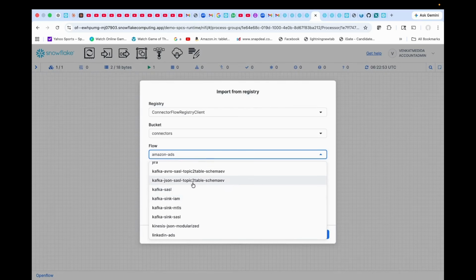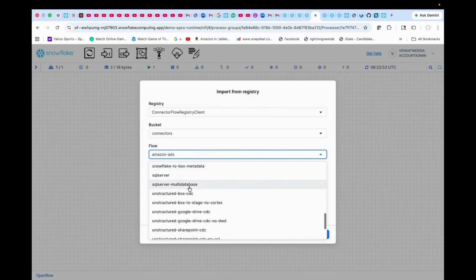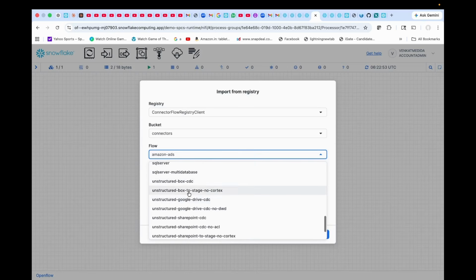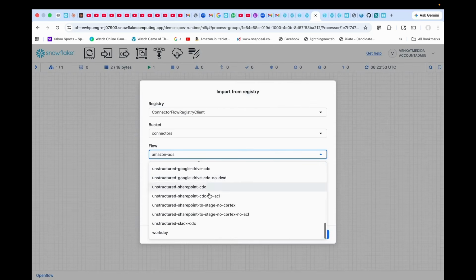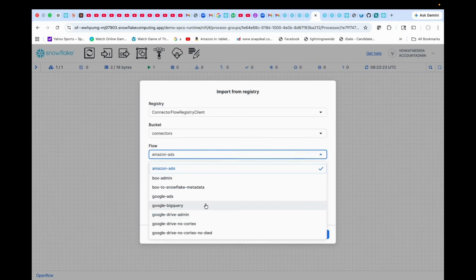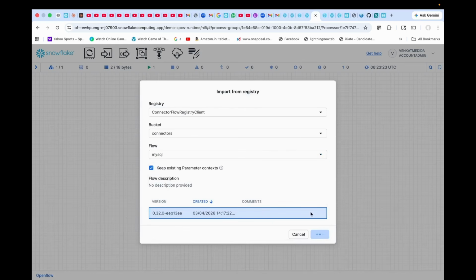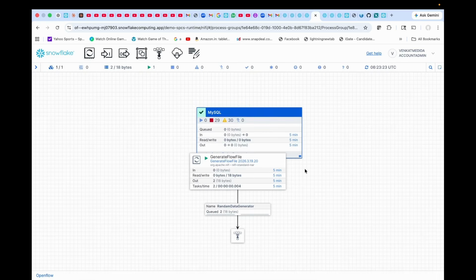And Kafka related connectors, and then different database connectors, different unstructured file reader connectors, right? And SaaS connectors. So, for example, if I want to bring in a connector which is like SQL Server or MySQL and import,